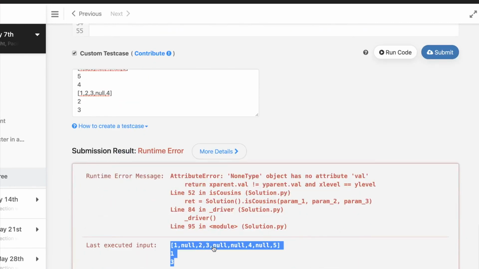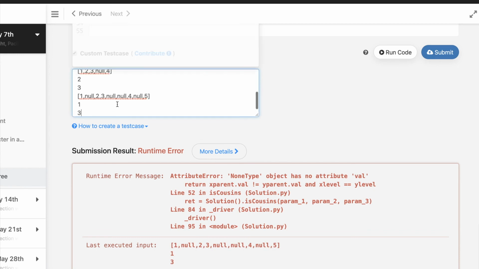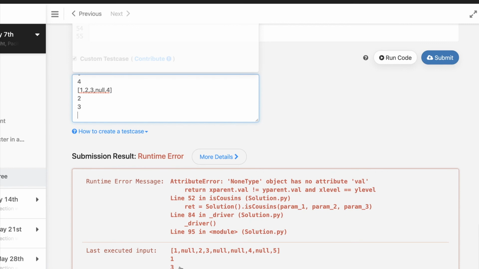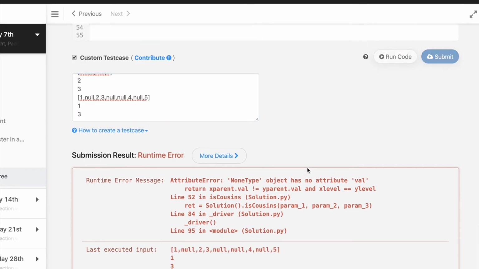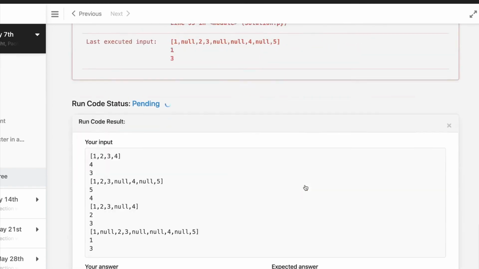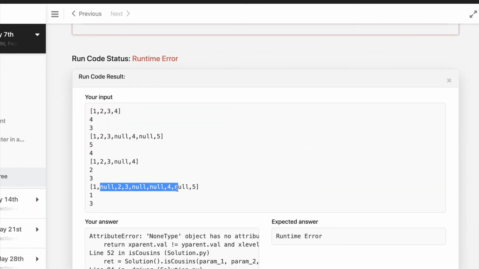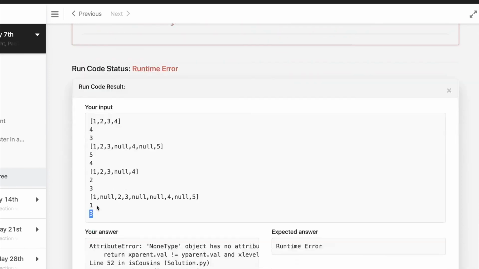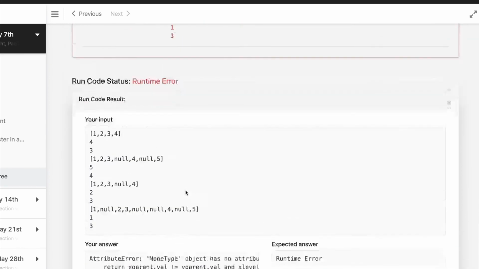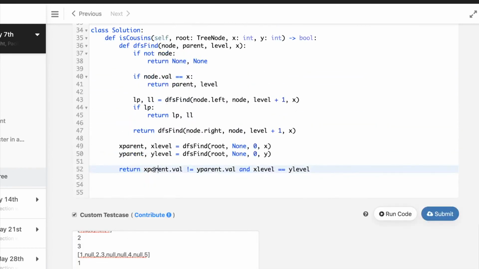There's a problem with this test case. Is it because the element is not there? Well, it may be the root. The element may be the root here. So this one is the root, and this one is 3. But the problem is the root doesn't have a... Okay, so